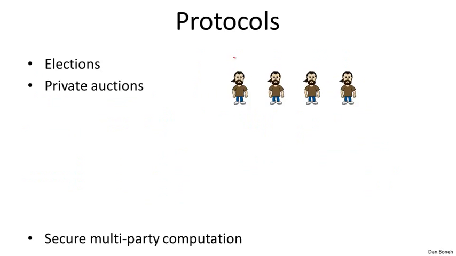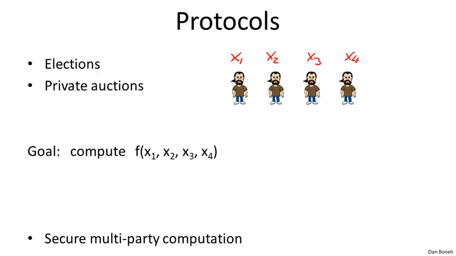So here, abstractly, the participants each have a secret input. In the case of an election, the inputs would be the votes. In the case of an auction, the inputs would be the secret bids. And then what they'd like to do is compute some sort of function of their inputs. Again, in the case of an election, the function is the majority. In the case of an auction, the function happens to be the second largest number among x1 to x4. And the question is, how can they do that such that the value of the function is revealed, but nothing else is revealed about the individual votes?